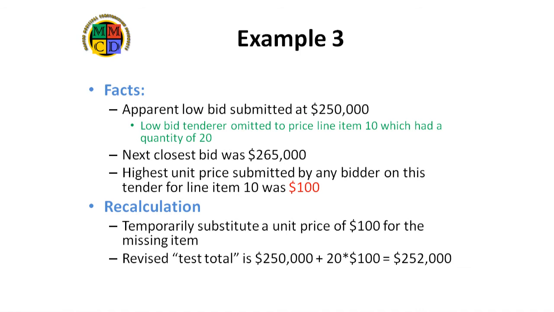The low bid tenderer omitted to price line item 10, which had a quantity of 20. And the highest unit price submitted by any bidder on this tender for line item 10 was $100. Doing the recalculation as before, we temporarily substitute a unit price of $100 for the missing line item. The revised test total is now $250,000 plus 20 times 100, or